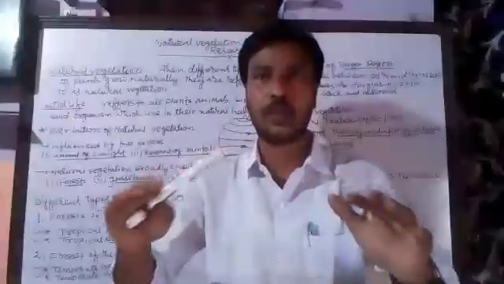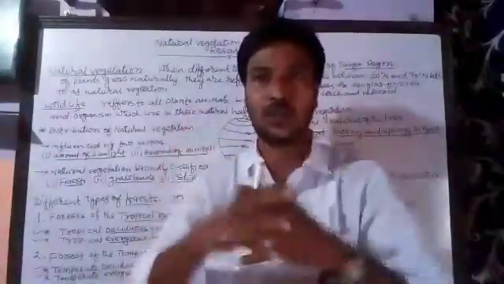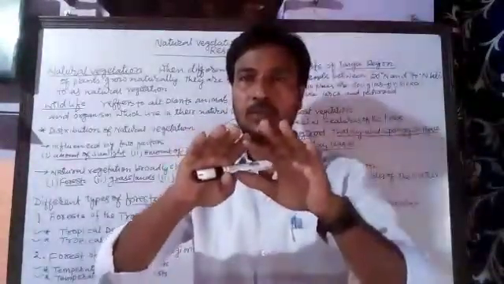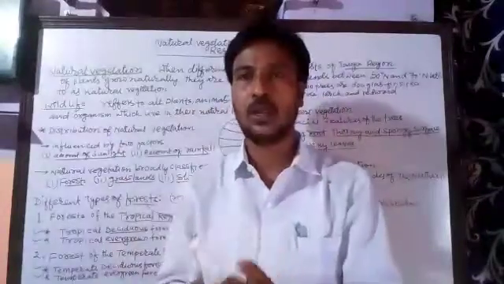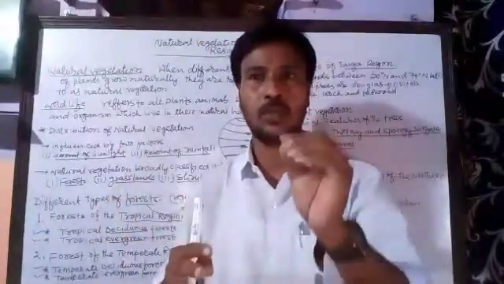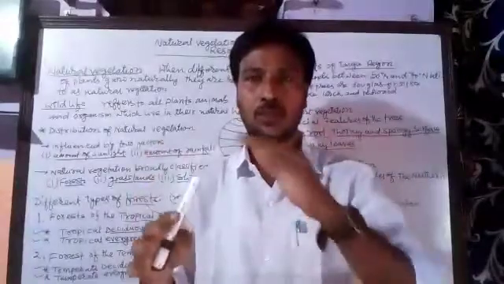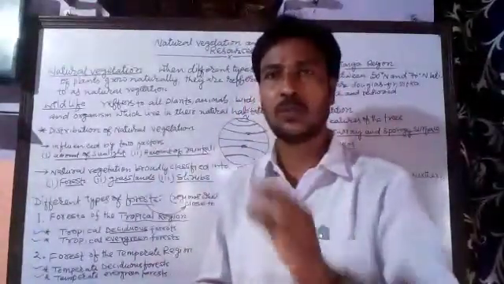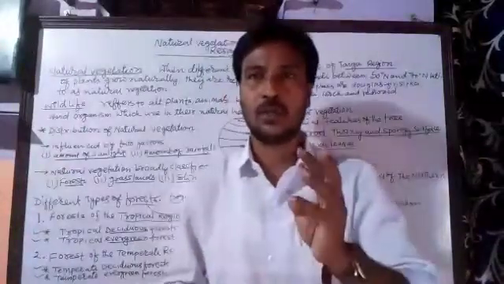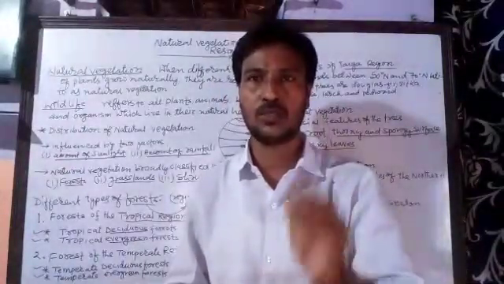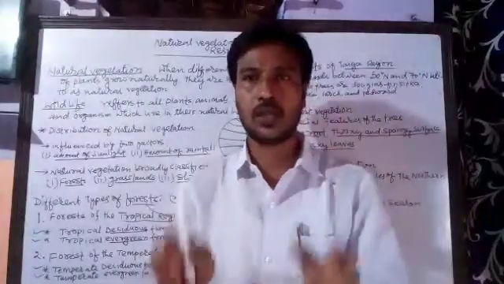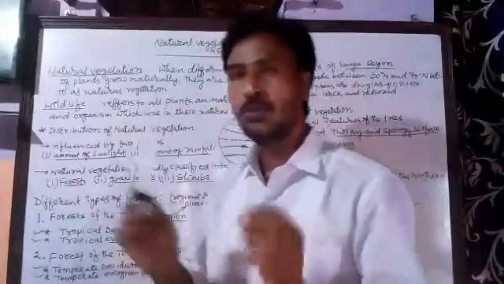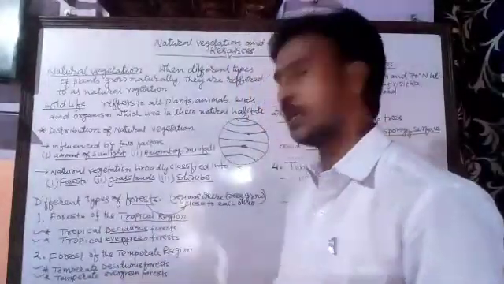They grow in the high rainfall areas, and they are very thick. These forests are very thick, the trees are tall, and the leaves are broad. They are evergreen because they do not shed their leaves together, so they always remain green. That is the specialty of this forest. Some of the important trees of this forest are rubber, ebony, mahogany, and cinchona. Moving to the next, the forest of the temperate region.